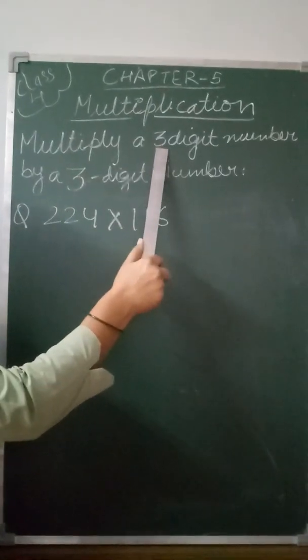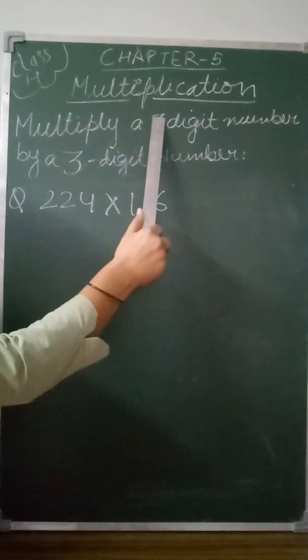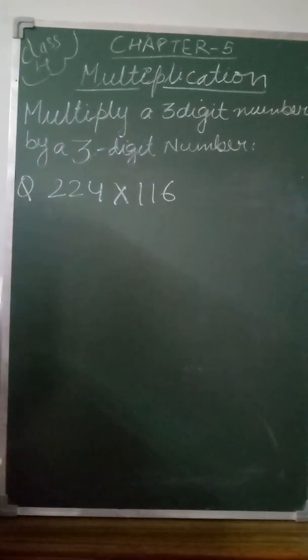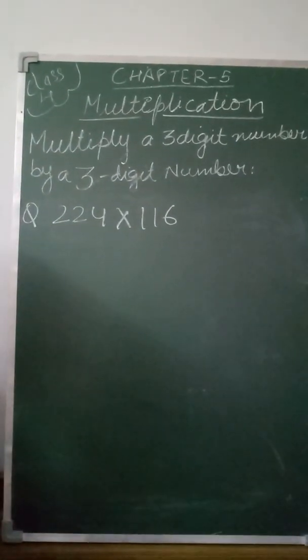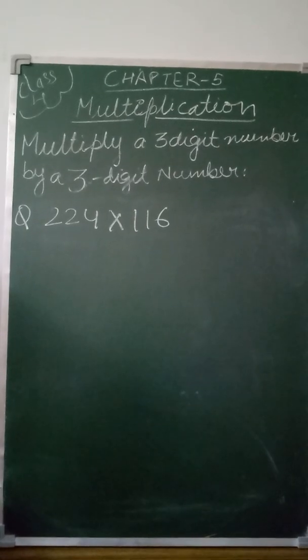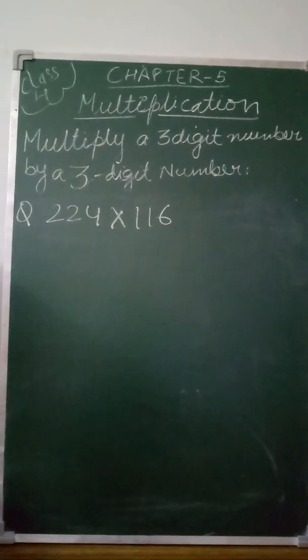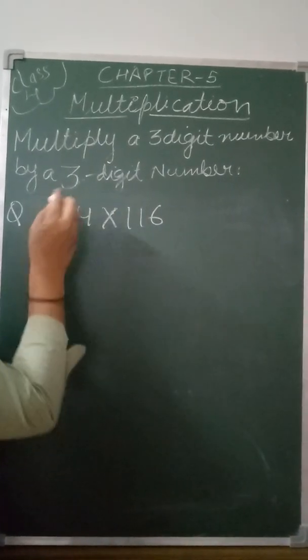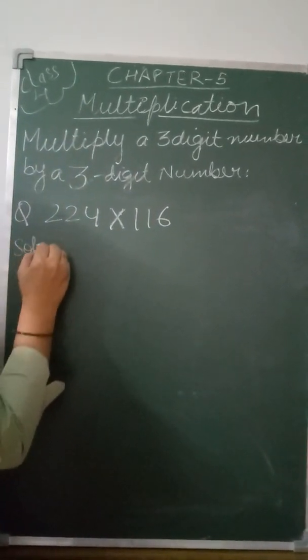Now student, I have to explain the same method for different numbers. Now multiplying a 3-digit number by a 3-digit number. Again I want to choose only the long method because that method is easy and convenient. I think it takes less time. The previous method, the box method, is a little bit lengthy. So I just go for the long method. So let's start multiplying these two numbers.